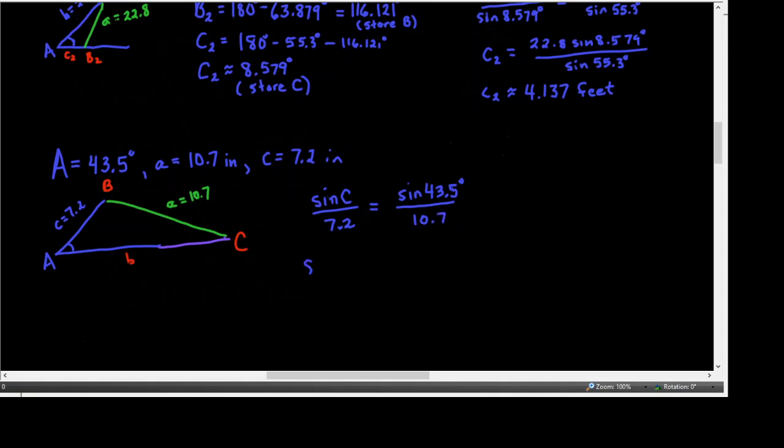So first I would solve for the trig function, sine of C, by multiplying both sides by 7.2. And then use inverse sine